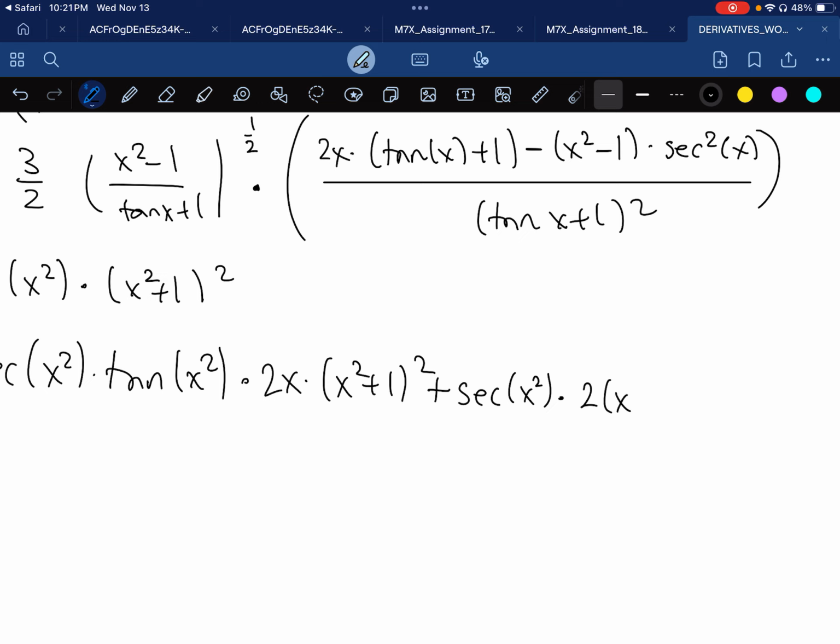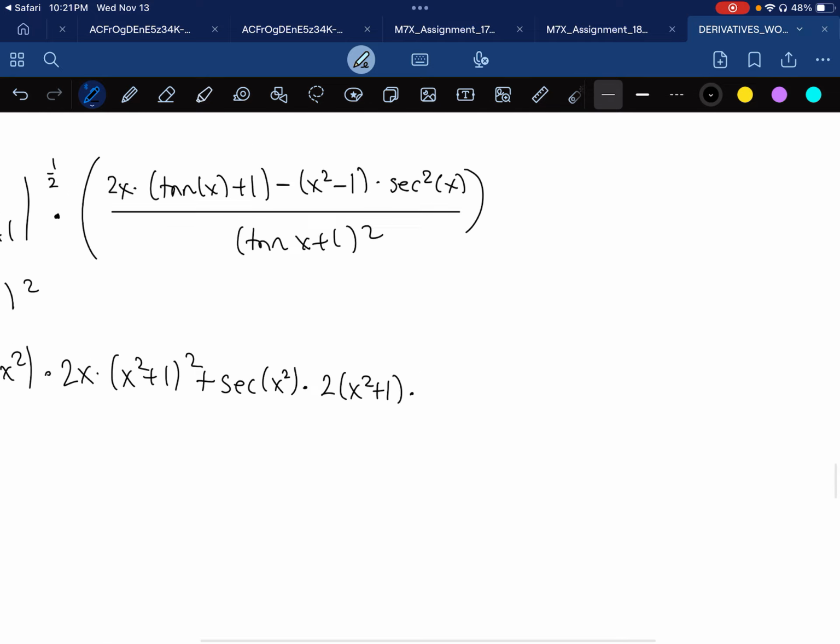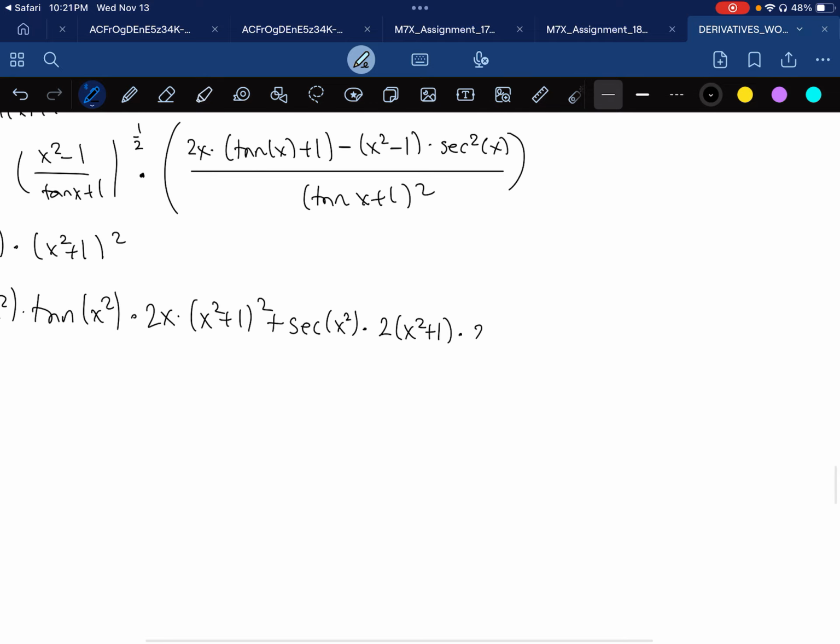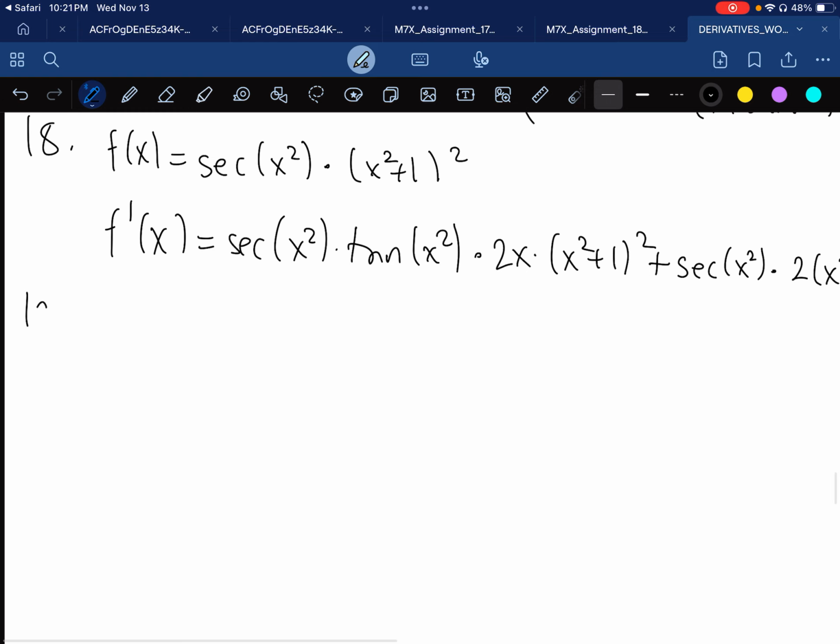We're going to bring down the exponent, right? The derivative of x squared is 2x, but we also have to multiply by the derivative of the inside, which is 2x. So that's problem 18. Problem 19: f of x is equal to (x plus 1)(x minus 1) times cosine of 2x